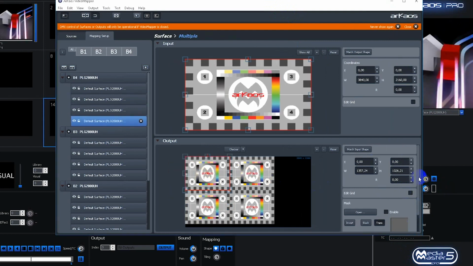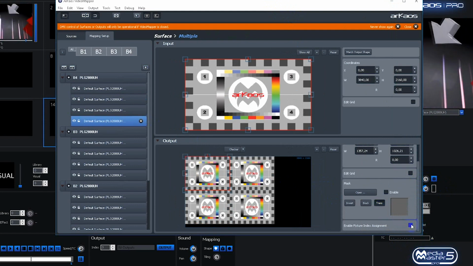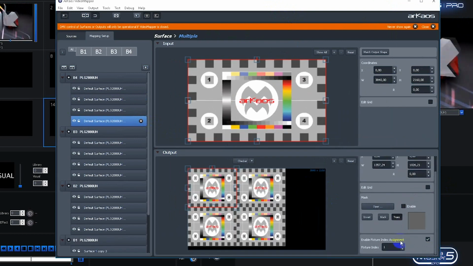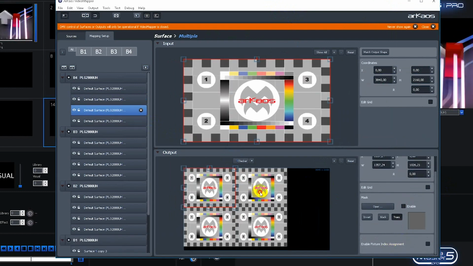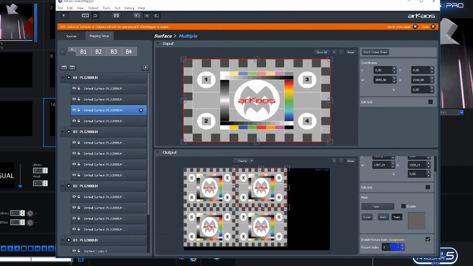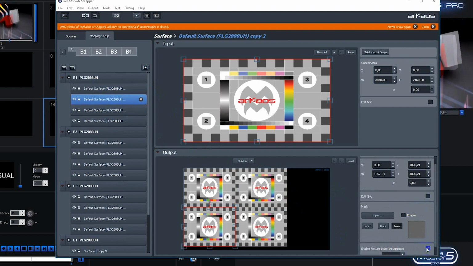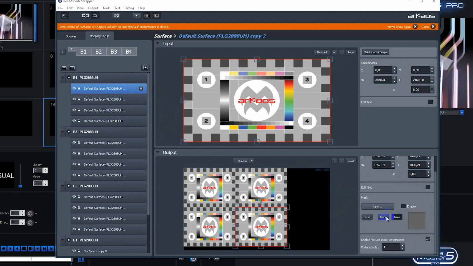Select the surface and scroll down at the bottom right of the interface, enable fixture assignment. See that each surface receives a unique fixture assignment. That's a fixture ID. You can give a unique fixture ID to each surface, or you can group several surfaces to the same fixture ID.